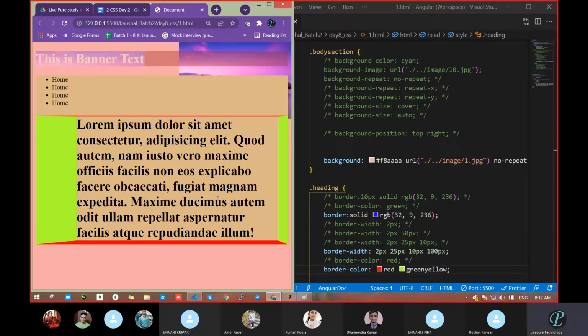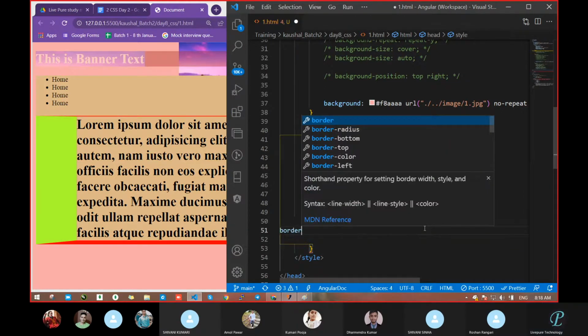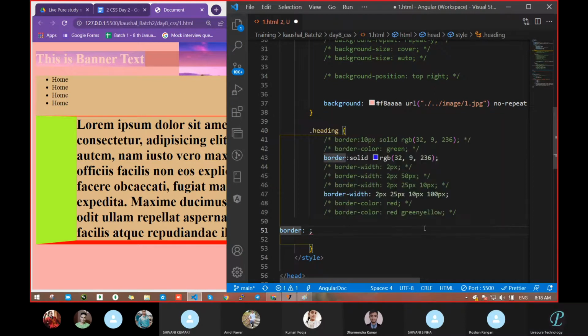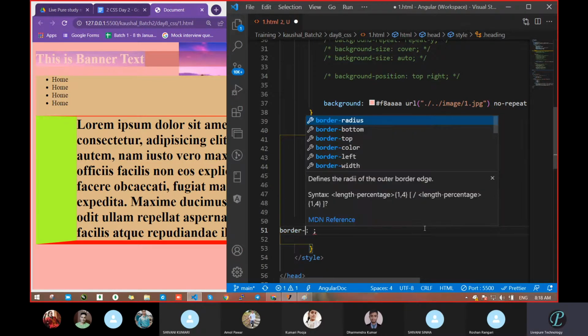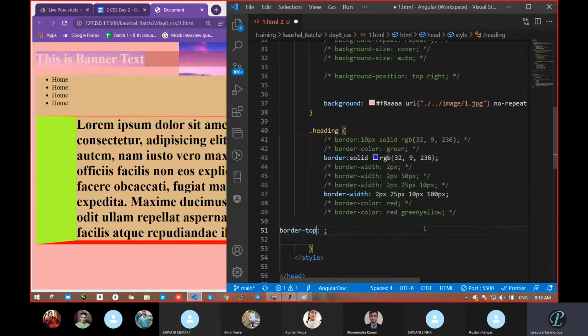Now, this way we can pass our color or width, whatever you want, even dotted, solid, for a particular area, particular side. This is shorthand notation. But if you do not want it this way, you can pass another option. What is another option? You can go like that. Border-top-width. Border-top. What will it do? Color.